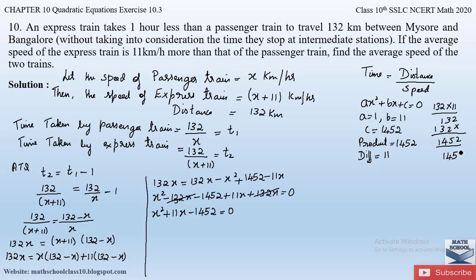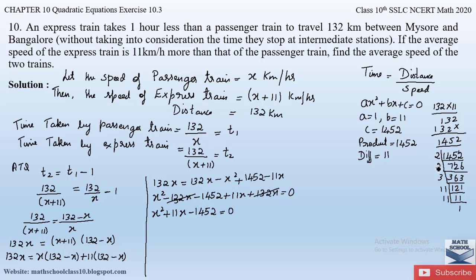So factorizing 1452, you get 2 7s are 14, 2 2s are 4, carry 1, 2 6 are 12, again 2 3s are 6, carry 1, 2 6 are 12, 2 3s are 6, then 3 1s are 3, 2s are 6, 3 1s are 3, we have 121, which is 11 into 11. Since 11 is a prime number, we will take 11 one time. So we have to group the numbers in such a way that we get a product as 1452.